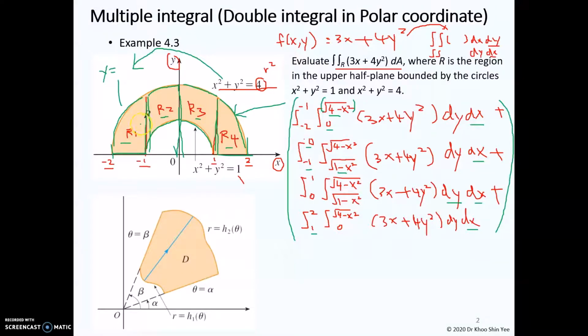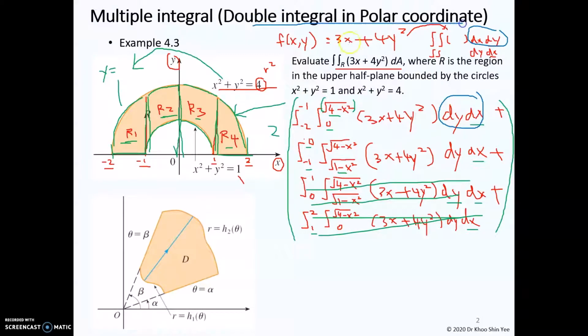In this example, since the geometry is symmetry, where you see the region 1 plus region 2 is equal to region 3 plus region 4, therefore instead of compute 4 double integral, you just need to compute the first 2 double integral in region 1 and region 2 and multiply the result by 2. So in this case, we use the dy dx approach. If you use the dx dy approach for the same problem here, you still need minimum 2 double integral to solve the problem. To simplify the calculation, in this case, double integral in polar coordinate can solve the problem by